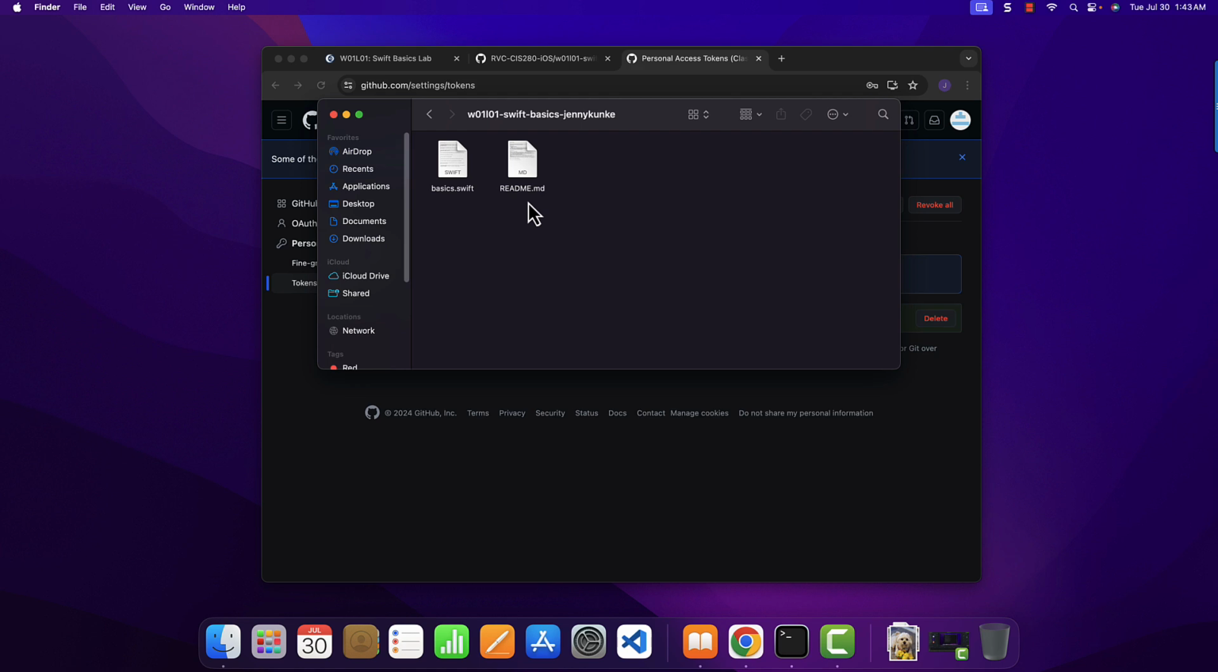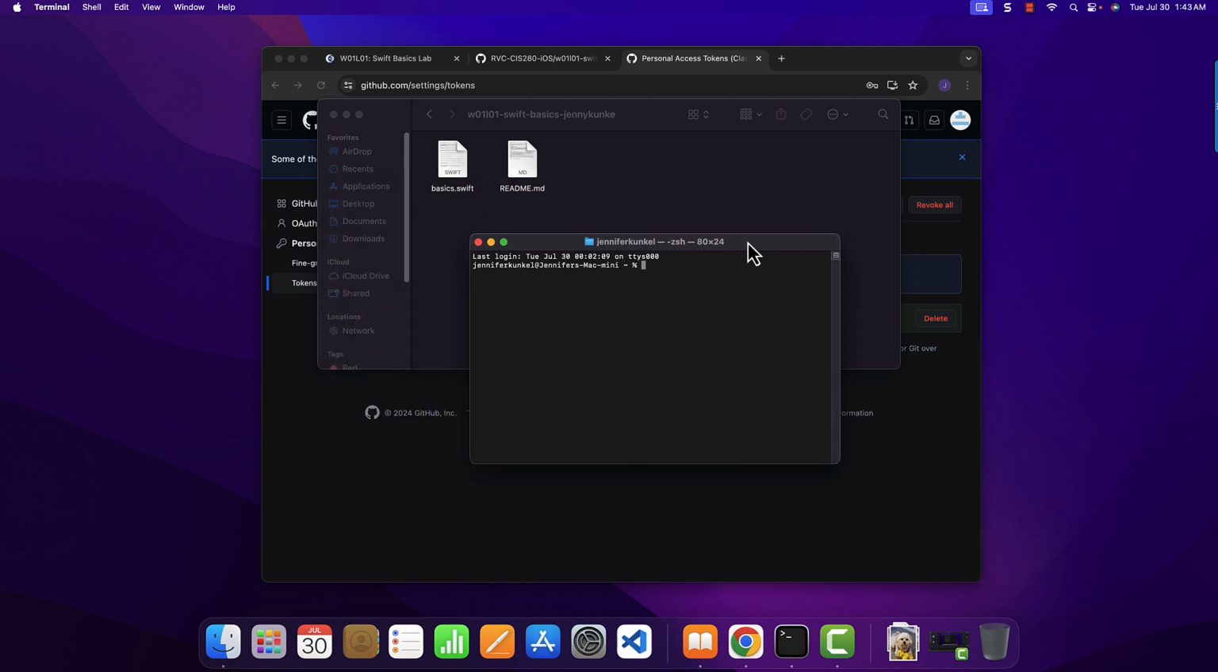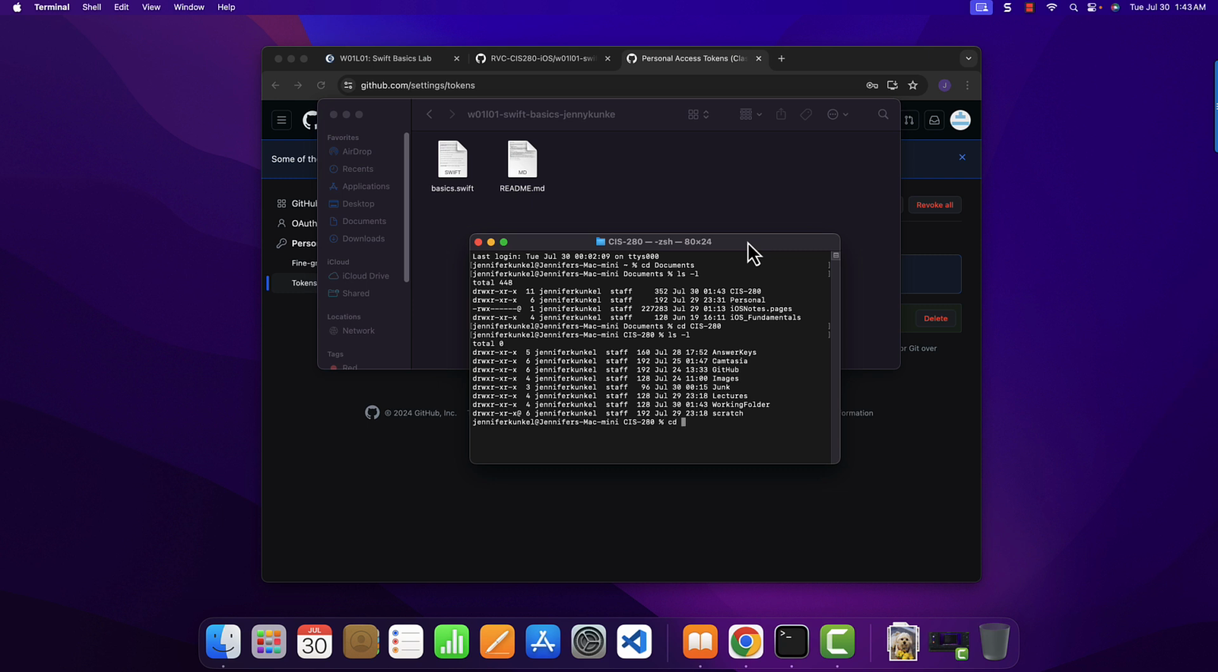README. Now, if you're not familiar with GitHub, we have two different repositories that are created. We have a local repository, which is part of my file system. If I go back into my terminal window here and switch into my directory that I just created, so if I change directory to my documents, and then change directory to my CIS 280, go into my working folder,